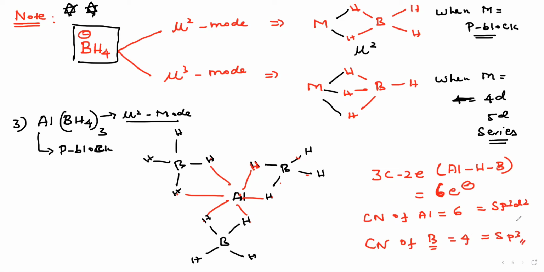Okay, very simple. They may ask the structure directly. Maybe what type of question can be asked? How many 3 center 2 electron bonds? Okay, note in this molecule. Note. Is there a 3 center 2 electron bond of boron, hydrogen, boron in this type of molecule, yes or no? Boron, aluminium, hydrogen. Okay, only boron, hydrogen, aluminium. This type of bonding will be there. No, okay, no.